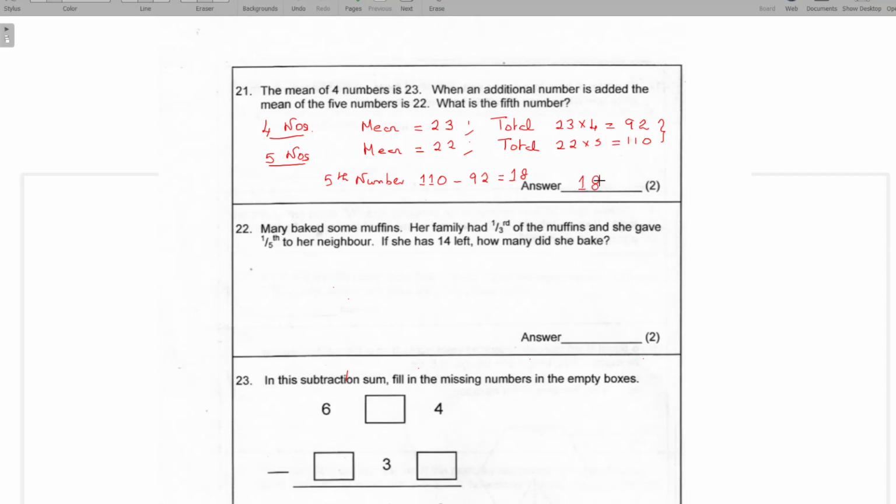Question 22. Mary baked some muffins. Her family had 1/3 of the muffins and she gave 1/5 to her neighbor. So altogether, what fraction did she give? We have to add the fractions together. So you times this by 5, make the denominator the same, times it by 3, times it by 3. That will be 5/15 plus 3/15. So that is 8/15. This is the fraction